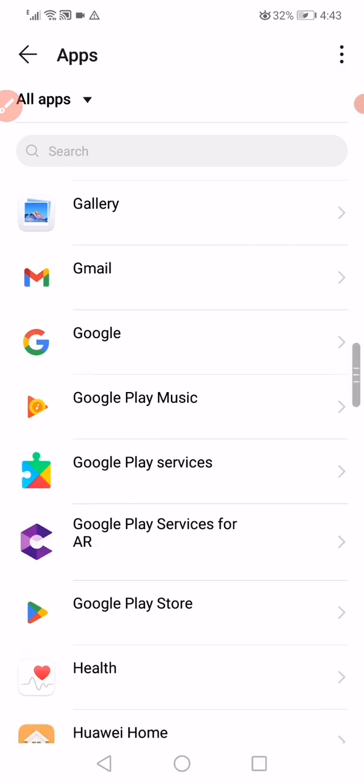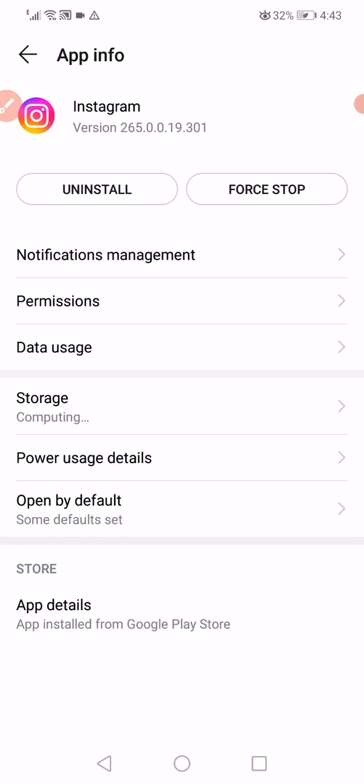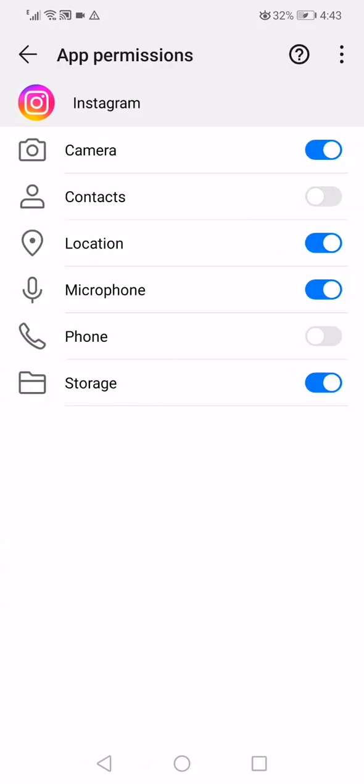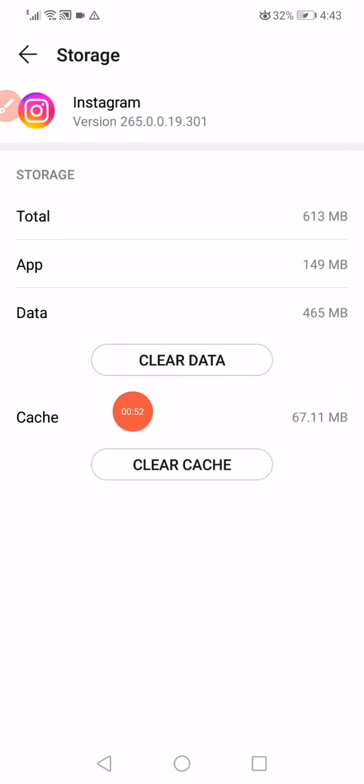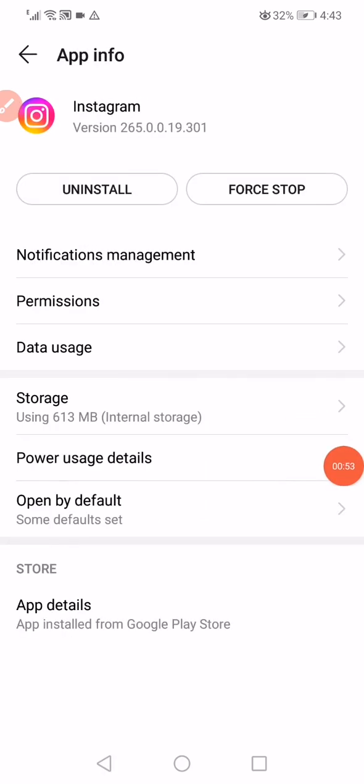After that, scroll until you find the Instagram, click on it, click on the force stop, and after you click on it, now you have to go into the permissions. Make sure to enable all the permissions, go back, click on storage, click on clear data, clear cache, go back,